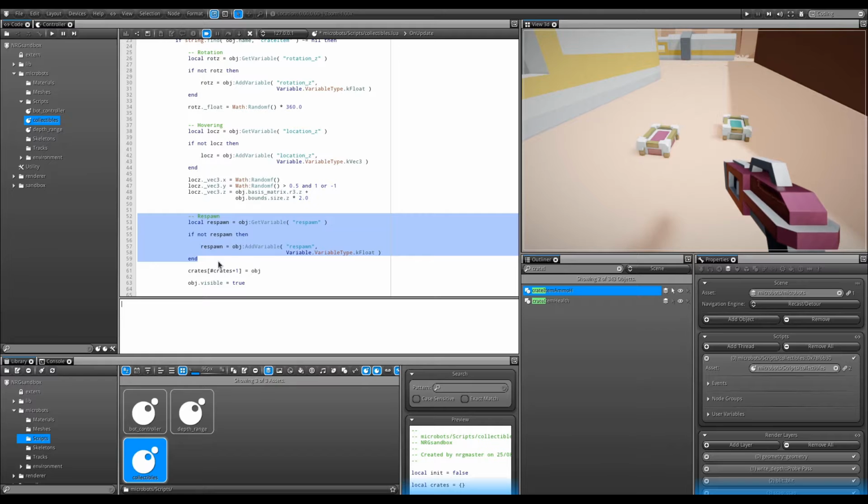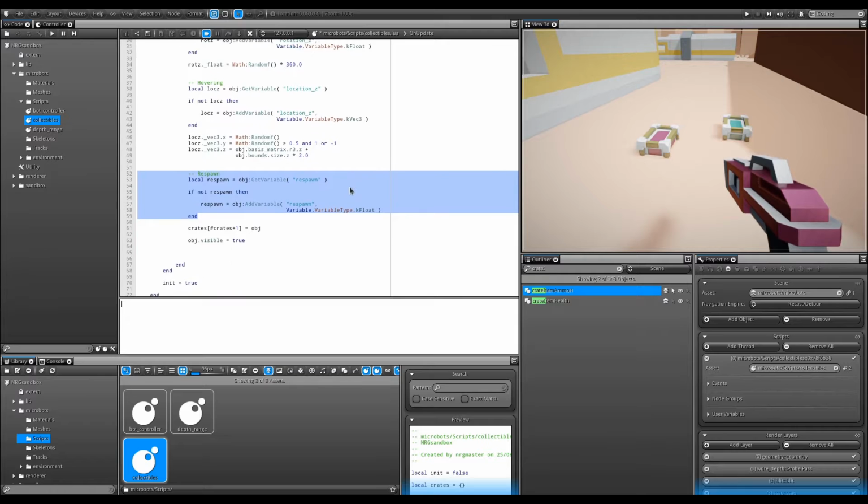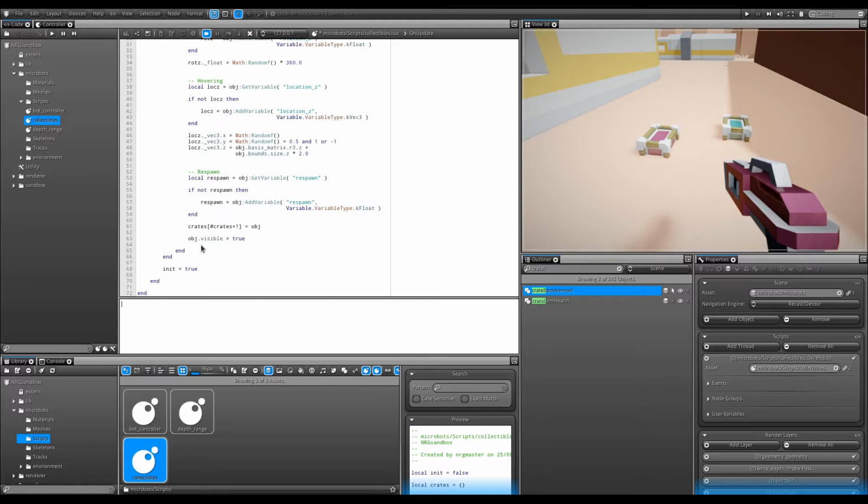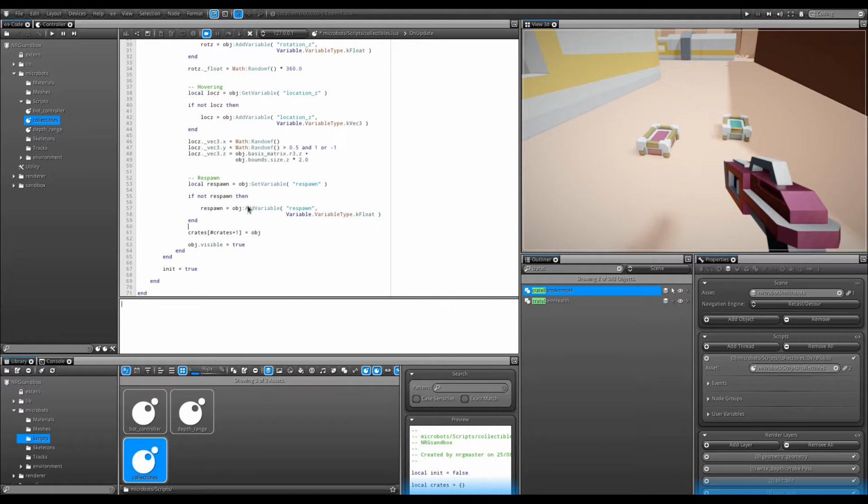Next is the respawn block. We're going to get the variable called respawn. If it doesn't exist, we're going to create a float value that is going to contain a value in seconds. If the object is not visible, the crate is invisible because it has been picked up by a player or non-player character. It will then decrease until it gets back to 0 and pop back up again to be picked by either the player or the NPC. And after that, we are done with this code. We are going to add the object inside our array,